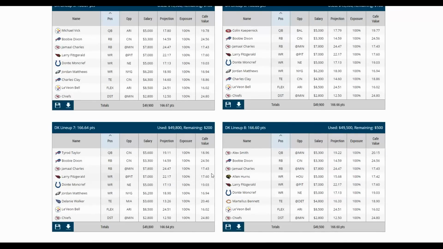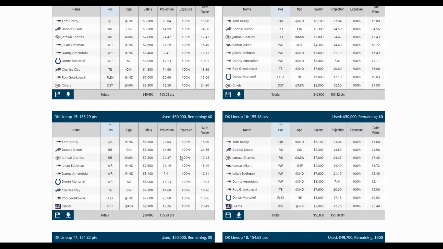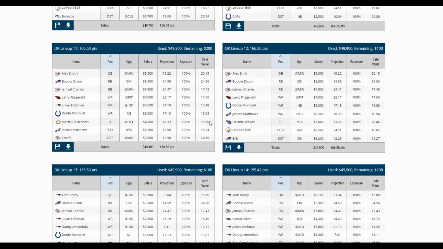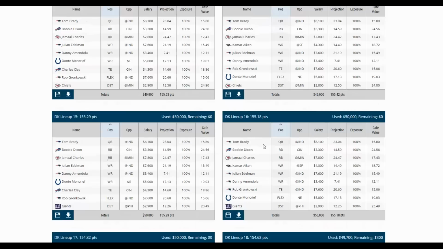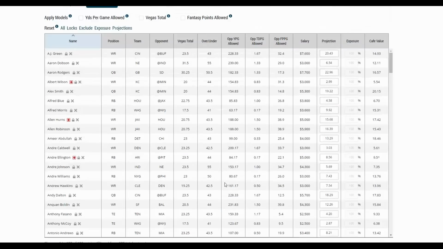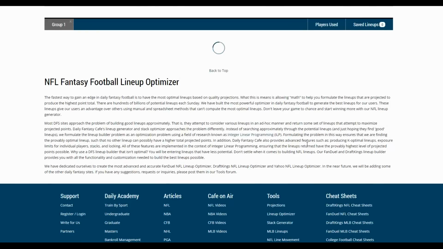So what Colossus is saying is that your stack isn't optimal enough to put up top. It doesn't have the highest point total. But as you scroll down, you'll start to see Tom Brady down here with your stack locked in 50%. It actually is the bottom half. But if you wanted to see your stack in all the lineups, just leave that at 100, click generate lineups,